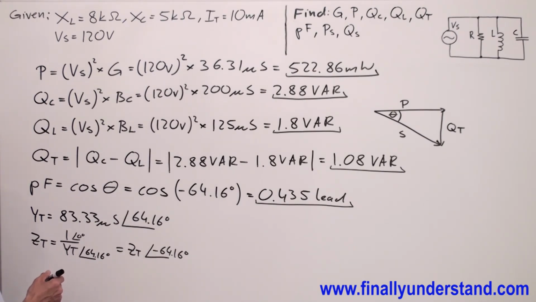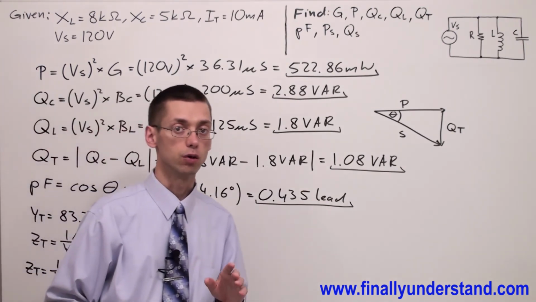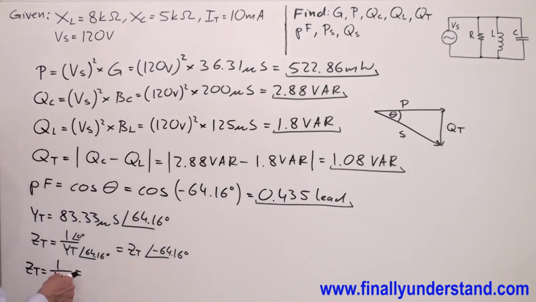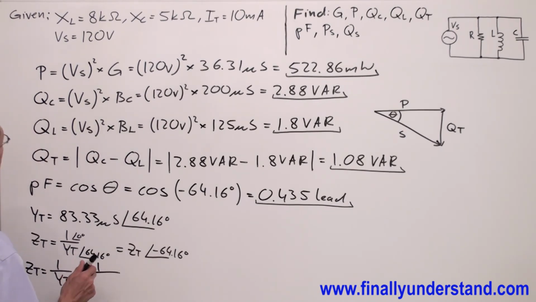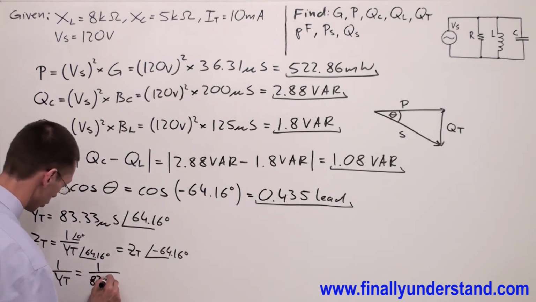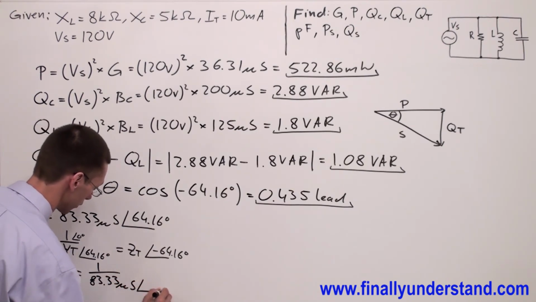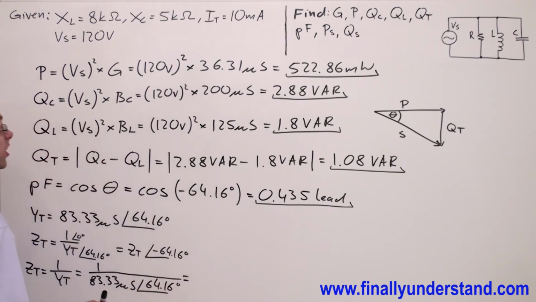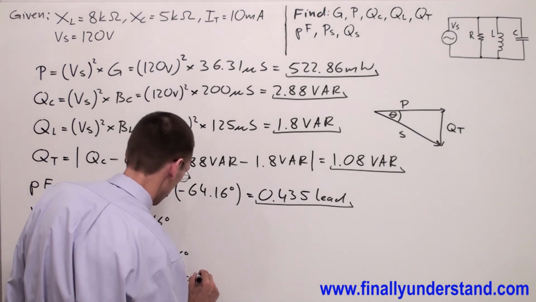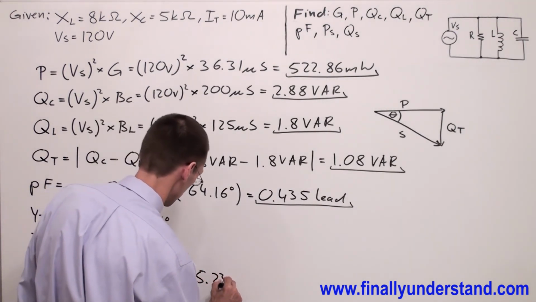So next we're supposed to find the series equivalent circuit. In order to do so, I'm supposed to simply write the formula for Z total one more time. Z total is equal to 1 over Y total, but right now you need to switch your calculators to rectangular mode, and we're supposed to get the answer in rectangular form. So I have 1 divided by my Y total, which we said is 83.33 microsiemens, an angle of 64.16 degrees. This is equal to 5.23 kilohms